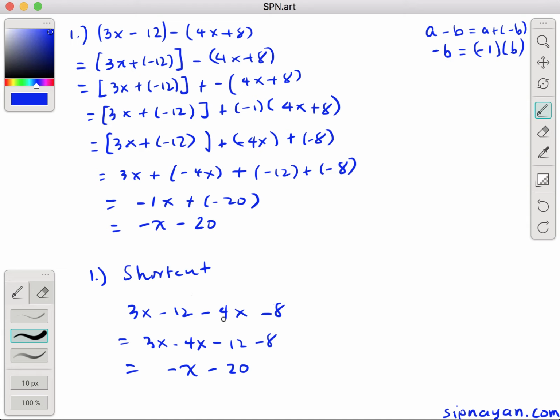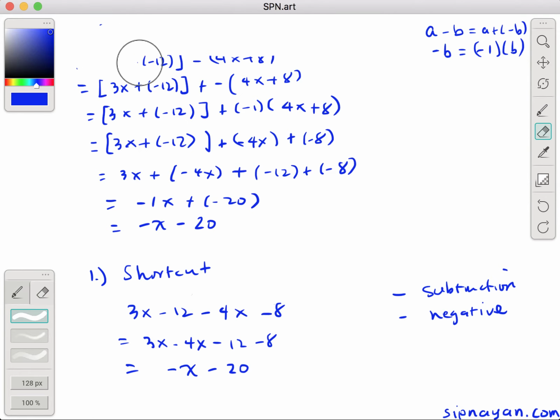Madaming nalilito diyan kasi minsan napaghahalo natin yung subtraction sign, no? Saka yung sign mismo, yung negative. So, kung hindi kayo komportable dito, kung hindi nyo kabisado yung ganitong method, the shortcut method, okay din na pag-aralan nyo yung long cut. Pero yung long cut na yan ay galing yan dito sa dalawang properties na yan. Okay? So, siguro we'll have one more example